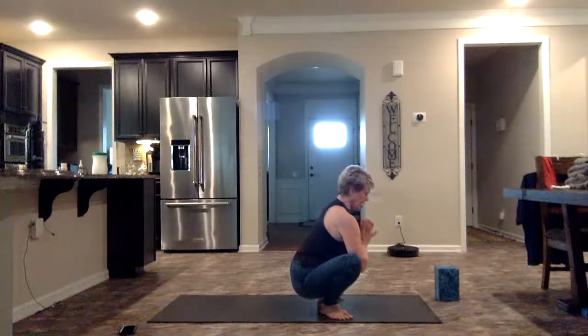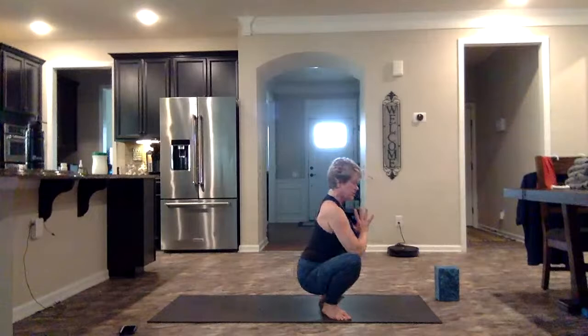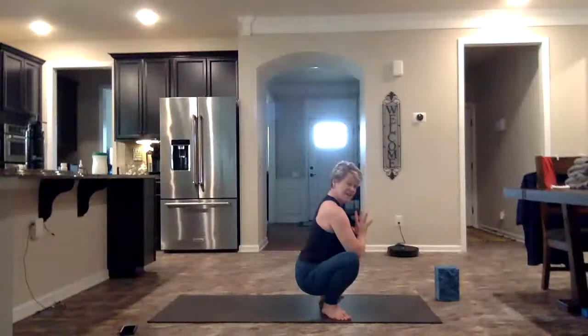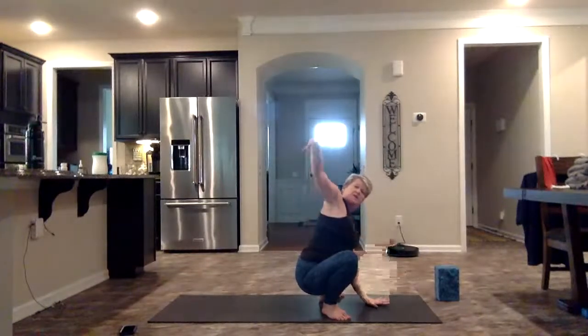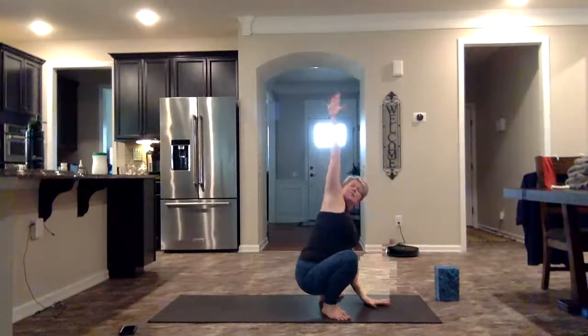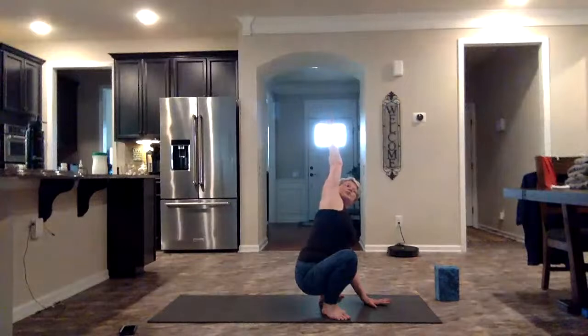Sway side to side, and then press the tailbone forward. So you don't have it back here, press it forward and lift that heart toward the sky, engaging the hip area, the quads, and the glutes. Press the left palm, reach that right arm up overhead, roll the shoulder, and reach to the left. Nice side body stretch here,